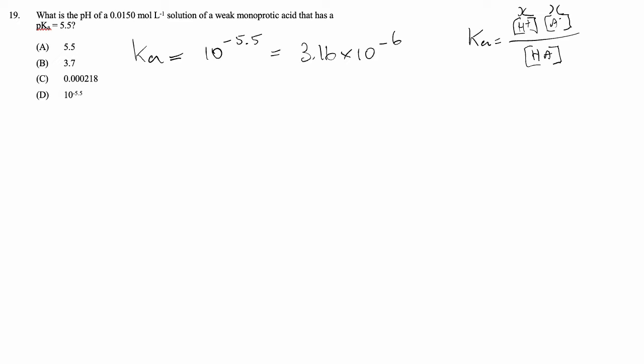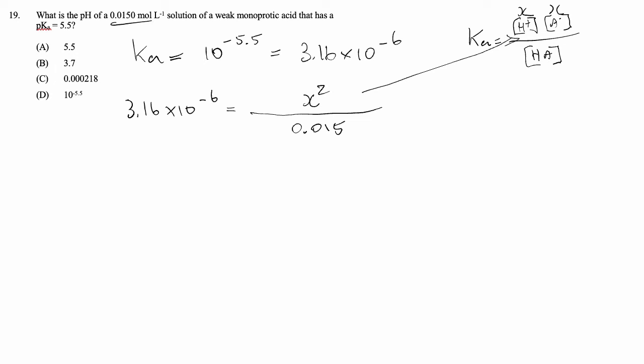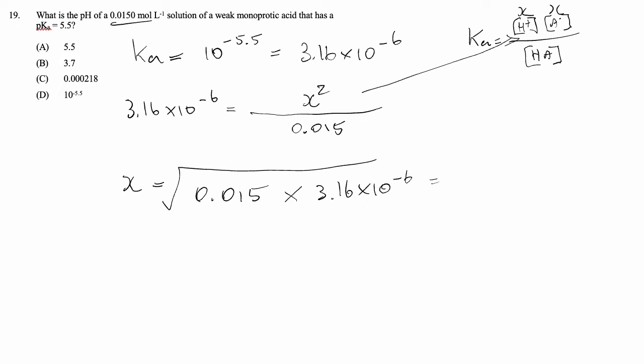Now that we have Ka, let's write out our equilibrium expression: 3.16 times 10 to the negative 6 is equal to x squared over 0.015, the concentration of this generic weak monoprotic acid. Remember, we're solving for x, and x is the concentration of hydronium ions, which we can work out pH from. Beautiful. X, or the concentration of H3O, which is what we're interested in, is equal to the square root of 0.015 times 3.16 times 10 to the negative 6,